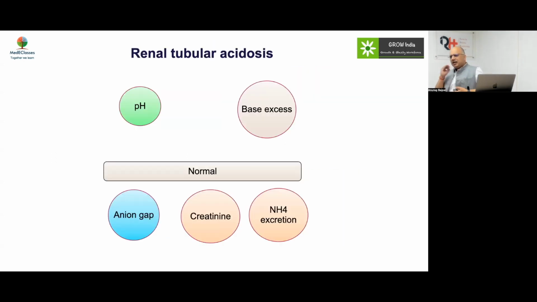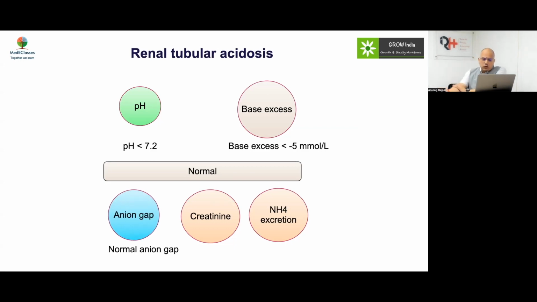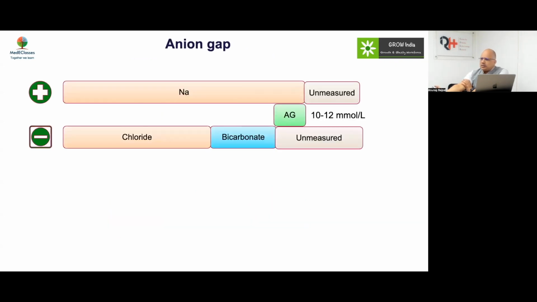So when you say renal tubular acidosis, the term is very evident. As I said, diabetic ketoacidosis, you say hyperglycemia, ketosis and acidosis. So this should be renal tubular, which means non-glomerular, and acidosis. So what you need to have is metabolic acidosis, with base excess, of course, being the best marker of metabolic acidosis. Along with that, you need to have a normal anion gap and an ammonium secretion which is defective, with a normal creatinine. That's a basic fundamental principle as far as RTA diagnosis is concerned.